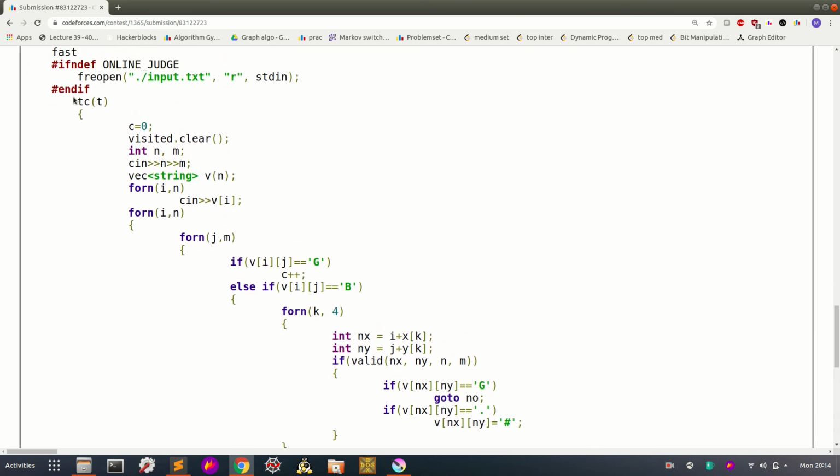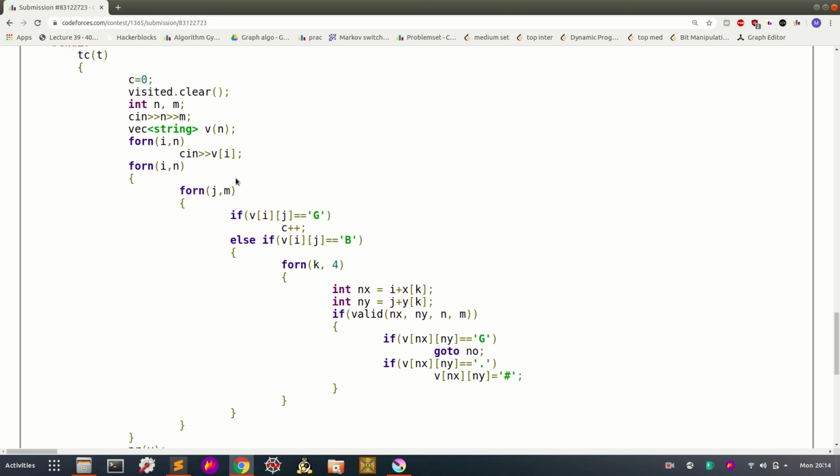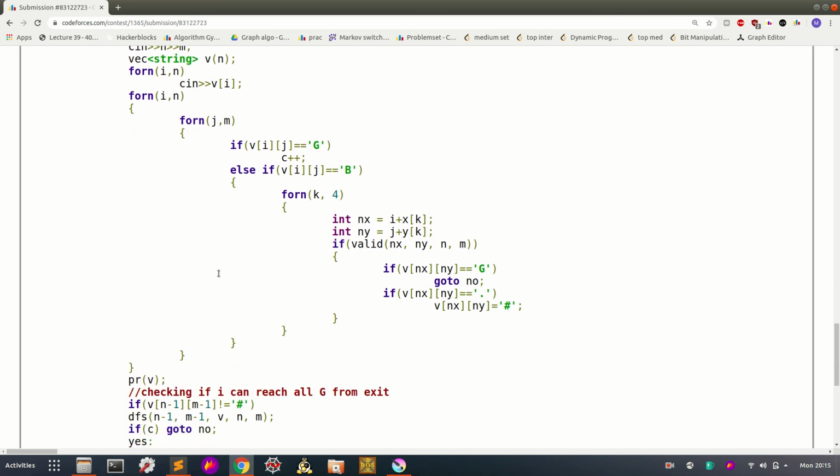Initially I take the input, the number of rows and the number of columns, and a vector of strings. This initial double loop is for traversing the matrix and counting the number of G's in the initial matrix,